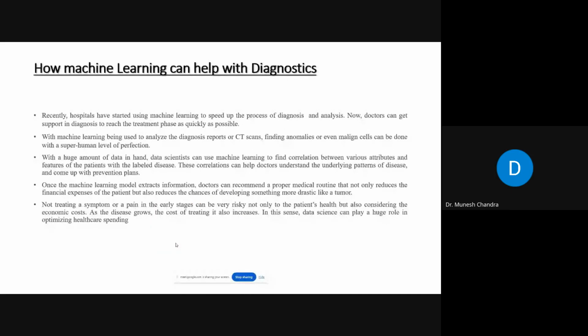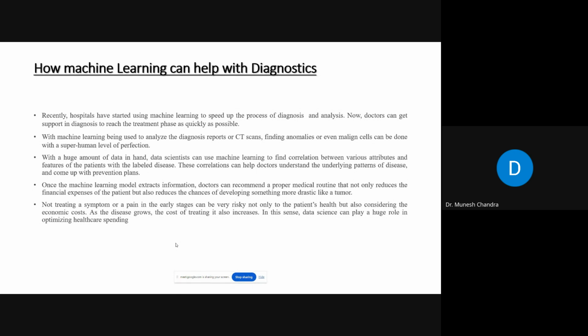So we are talking about how machine learning can help in the early identification of disease. As we know, we have CT scan reports, MRI reports, and ultrasound reports. If we have thousands, lakhs, or 10 lakhs of persons' reports, it is not practically possible to manually identify whether a pattern exists in a CT scan or MRI report that indicates a disease.